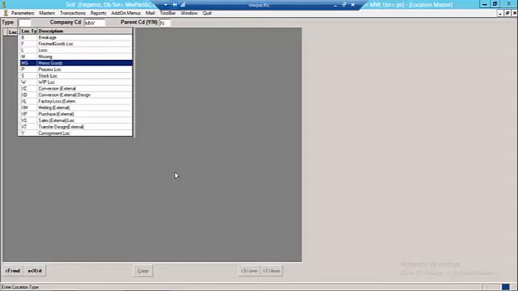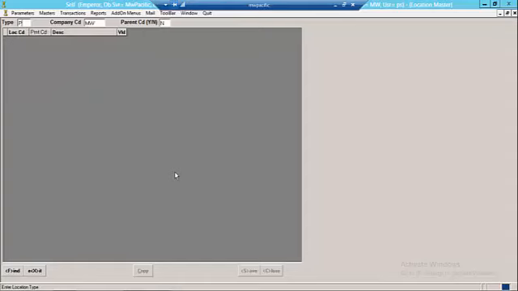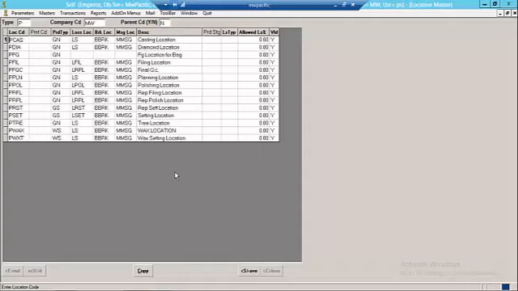Next location type is process location. Process locations are the locations where the bags are being processed or moved. For example, process of casting, process of filing, process of planning, polishing, etc. Next, the user needs to define the production type of that process.